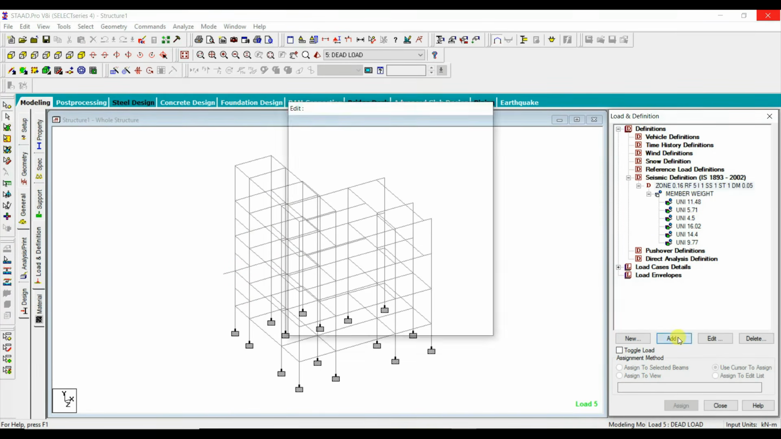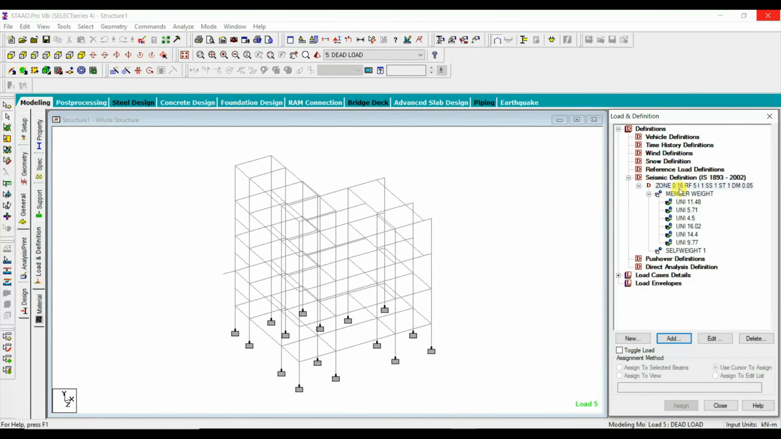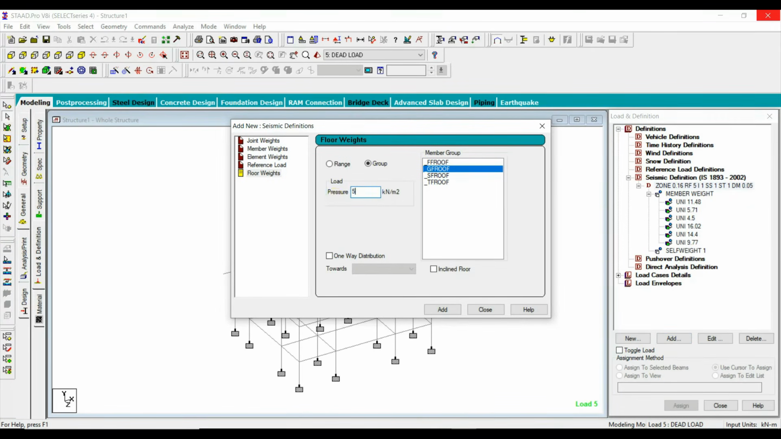Next, we can add the self weight. Self weight factor, it is 1. Give add, close, and then we can add the floor weight. First ground floor roof, it is 5.125. Here also we are not supposed to give the negative sign. Add, and then for first floor roof, second floor roof, terrace floor roof, we can